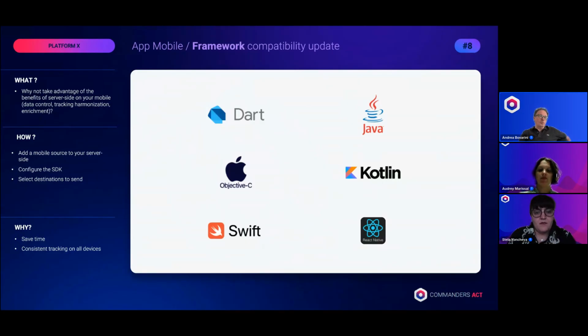Okay, let's move to the mobile app. Yes, we have also made some major framework compatibility updates, a difficult word. So why is it so important? Usually in the sense of tracking, we very often talk about websites, but we sometimes forget the apps.